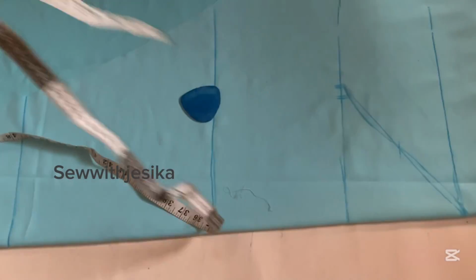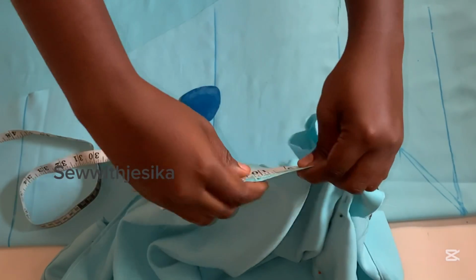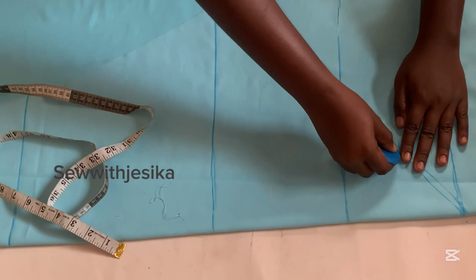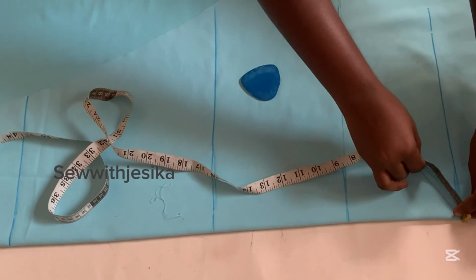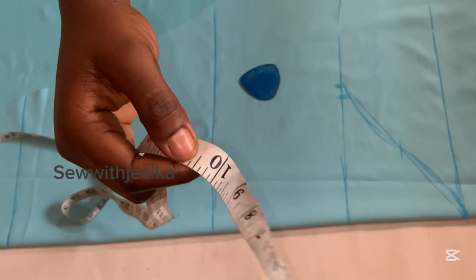of your armhole. Now I'm going to bring my blouse that I'm working with and I'm going to take the measurement to be sure that what I have there is equal as well. And if it's not equal, it's simple. Just go ahead and redefine your curve properly, and that should give you the exact measurement of your armhole. Now go ahead and I'll place this tape on this new defined curve line, and I got exactly what I